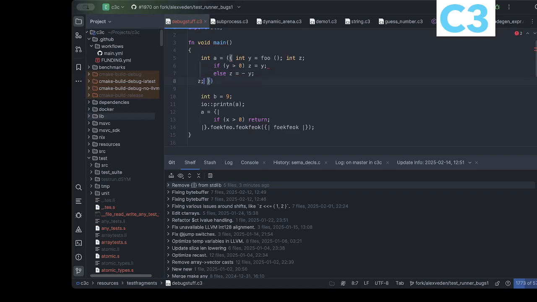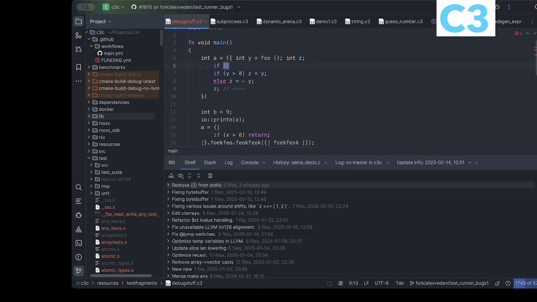And then it has some else and stuff like that. The last thing in the expression, that's this one. This one is implicitly returned. And the funny thing is, you can have a return in the middle. So if you have y is less than 0, then you can return, and that return would actually be a return in the middle of everything. So it's in the middle of that expression,